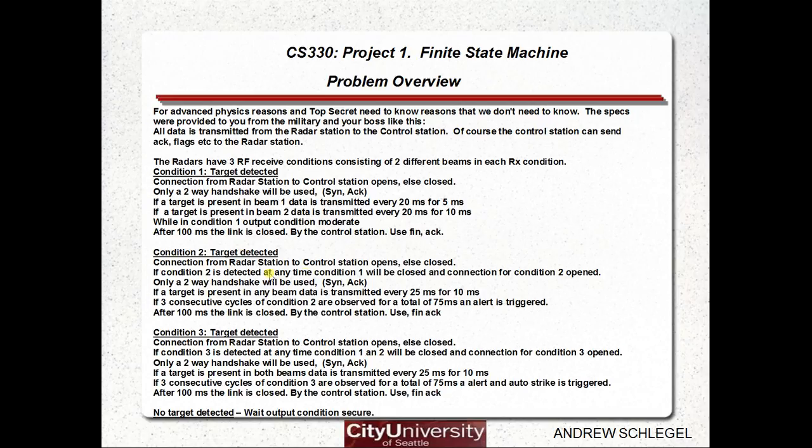Condition 2 is: the connection from the radar opens, else it's closed. Now, if condition 2 is detected and condition 1 was already running, then condition 1 will be shut down, and it will transition right into condition 2 opened. Again, only a two-way handshake is used, FIN-ACK, if a target is present in any beam. There are two beams for each condition, so if it's present in either beam A or beam B, or B1 or B2, whatever you want to call it, then